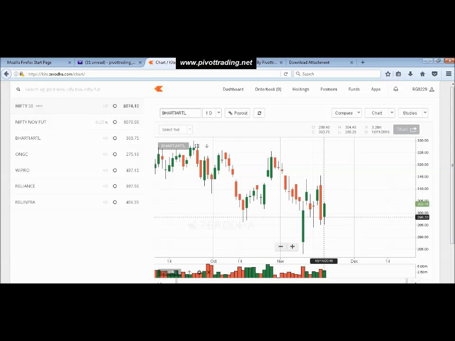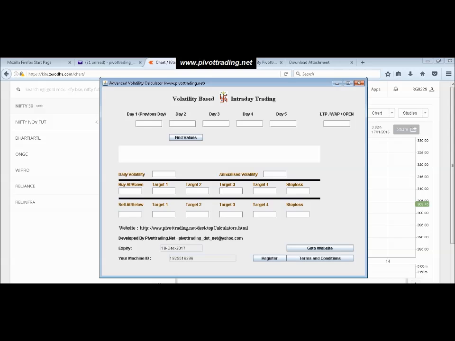See, today is 19th of November. Today is already a Saturday, a closing day. The market is not running. But we will try to analyze the movement of yesterday, that is 18th November. So we will figure out as if today is 18th of November. We will skip the last candle and note down the last 5 days' closing prices. Let's take the close of 17th November. The closing is 297.15. I open my software, I come here,